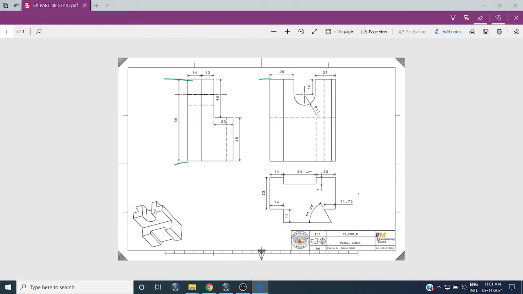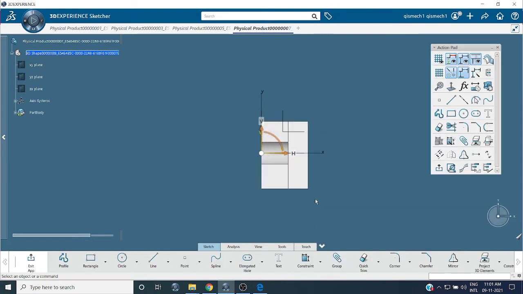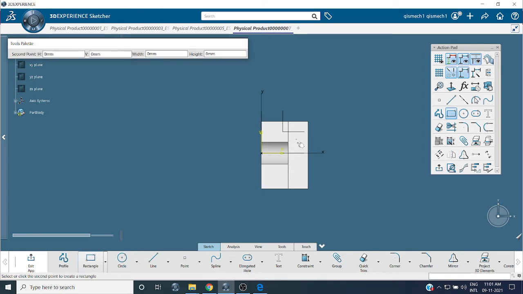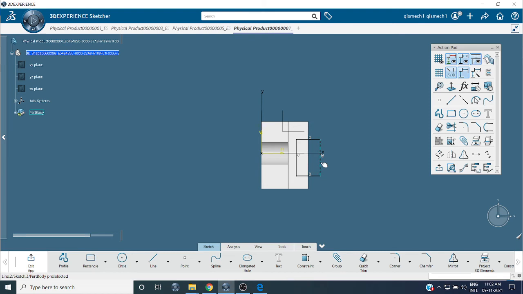Now go to the top view. Okay, top view, these three. From the top view, rectangle 34 and 7, 20, 14. This is 34, this is 7, this one 20.